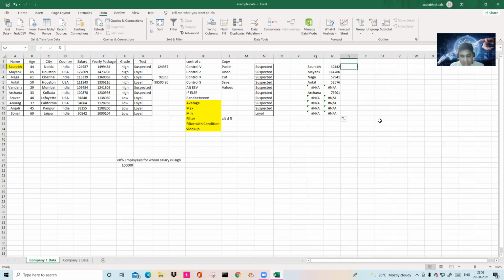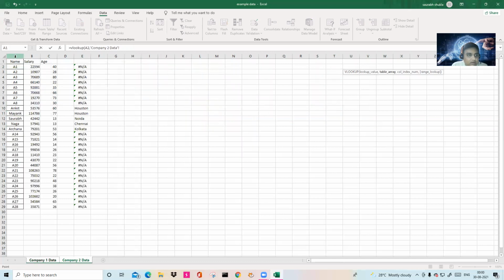Let's say I want to see their age as well, and then we will compare whether the age is the same in both data sets or not. So that will become the consistency. As I told you in the beginning, the age should be equal in all the databases. So if I'm talking about only this employee, and I go here and select the 3 columns, and I say comma 3, comma 0, apply this.